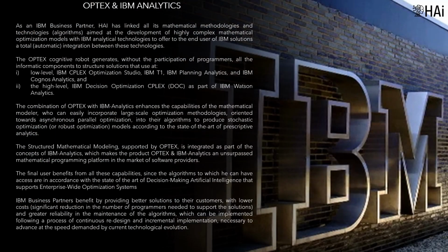As an IBM business partner, HI has linked all its mathematical methodologies and technologies, algorithms, aimed at the development of highly complex mathematical optimization models with IBM analytical technologies to offer to the end user of IBM solutions a total, automatic integration between these technologies. The OPTEX cognitive robot generates, without the participation of programmers, all the informatic components to structure solutions that use at